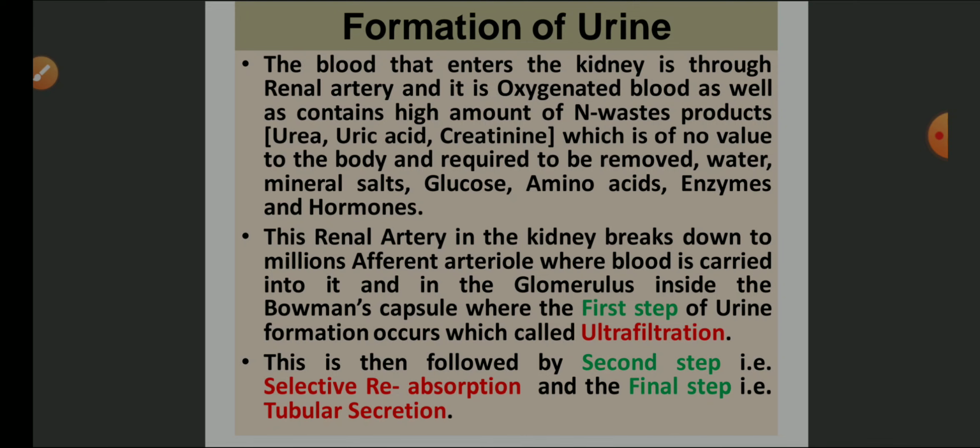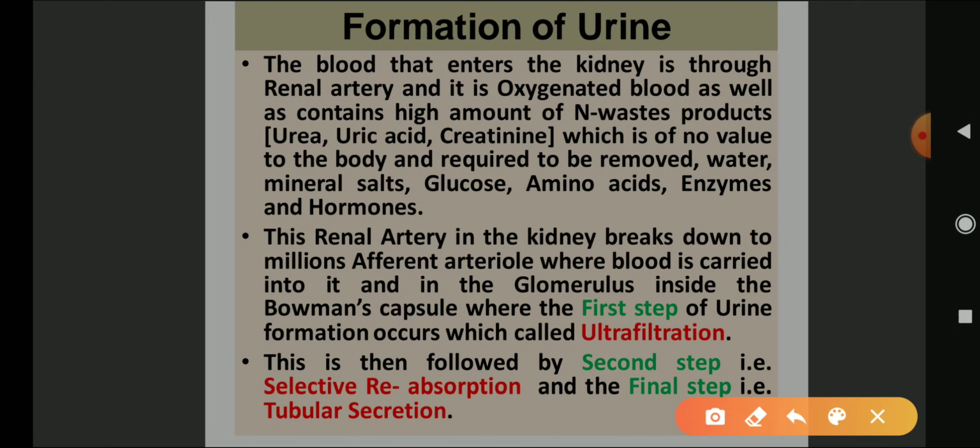But what is the main thing required to come out? That is nitrogenous waste materials. And which are the nitrogenous waste materials flowing inside the renal artery along with the blood, along with these good substances? That is ammonia, urea, uric acid, creatinine, etc. We don't want ammonia in our body, we don't want uric acid and urea in our body, we don't want creatinine in our body, otherwise it is going to create a problem for the body. So this requires to be removed. When the renal artery is supplying blood, it is carrying each and everything. It is oxygenated, but it is impure. With the impurity, there are certain good things also.